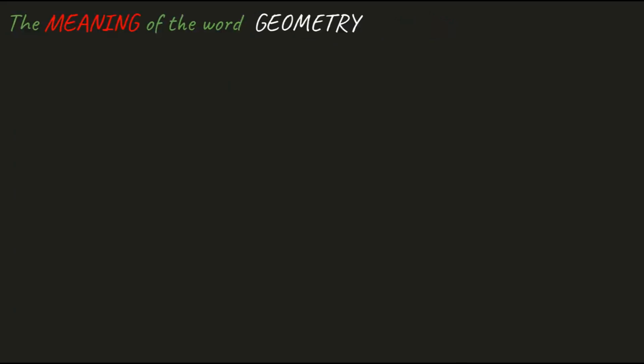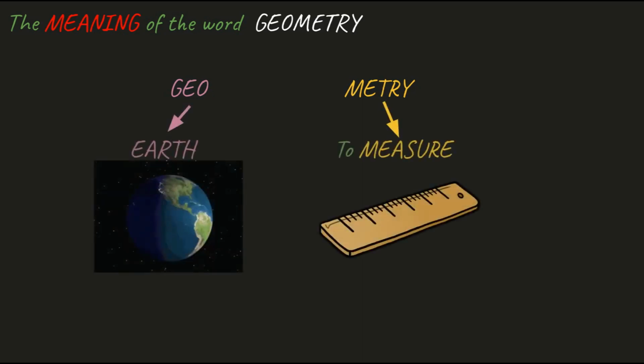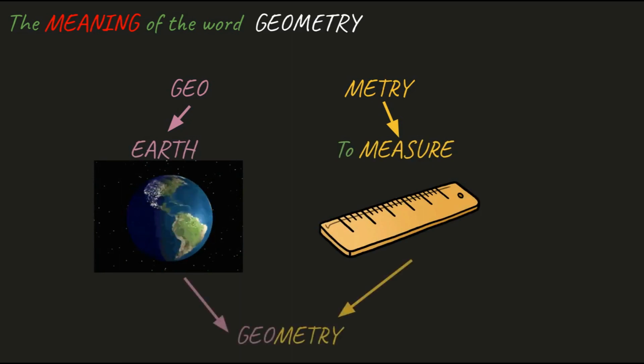Right, now, recently someone asked me, Wayne, what does geometry mean? I never thought about it, so I went and looked it up, and it turns out it comes from two words, geo and metri, and these are Greek words where geo means earth and metri means measure. So it's to measure earth, and the Greeks started doing this because they really needed to understand how to measure things,